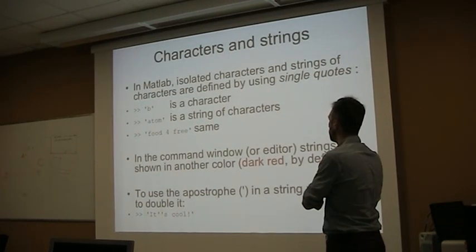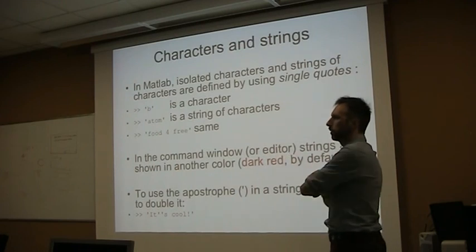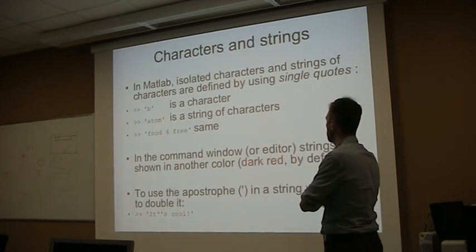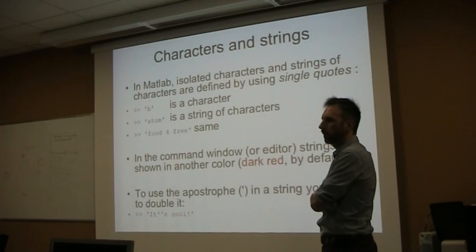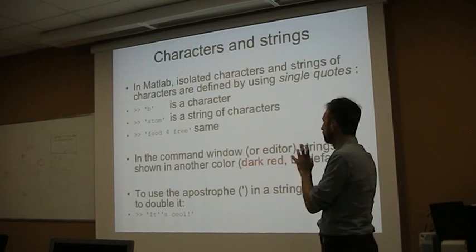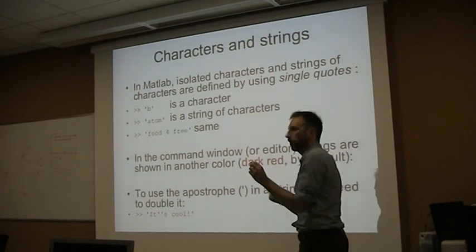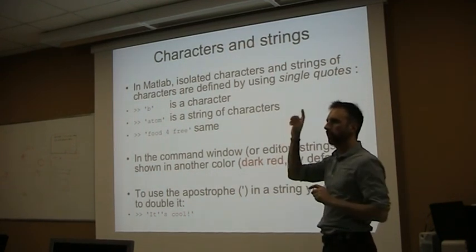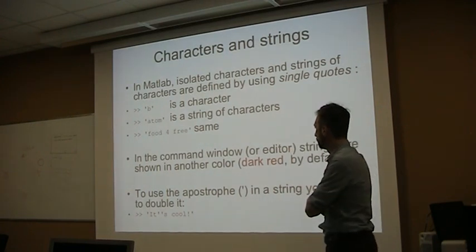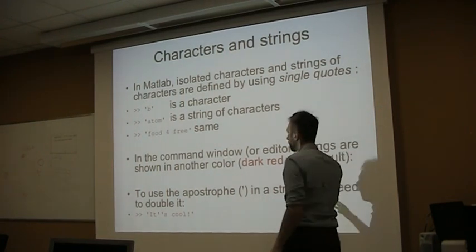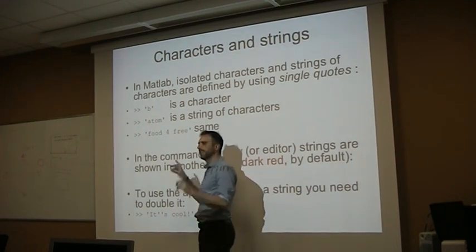Also in the command window, they're shown in another color. So if you type strings into a command window, they are, I don't know, dark red or violet, depends on how you set your colors. And if you want to write something in the string which contains a quote or an apostrophe, well, you need to double it. So if I want to write "it's cool,"